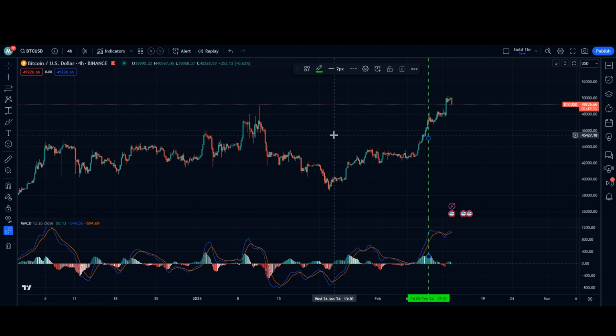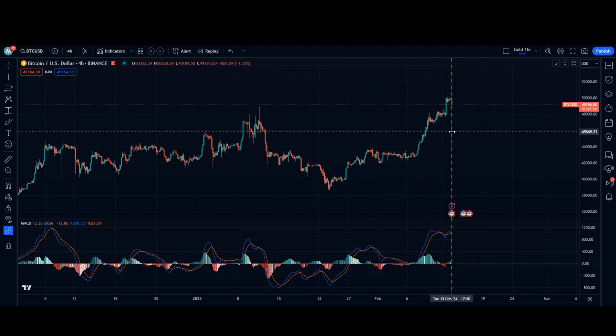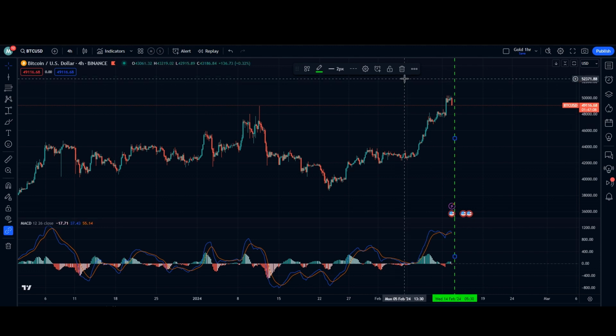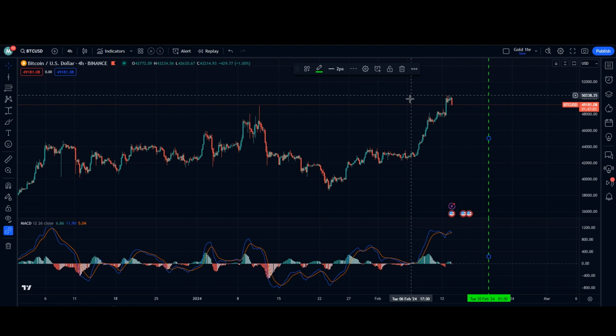So like we are seeing at the moment right now, MACD is way above, extended at almost 900 or the 1000 level, and is having a crossover, cross below, and the histogram is also changing slightly from pale green to red at the moment, which can be an indication of bearishness in the price. So we better be careful